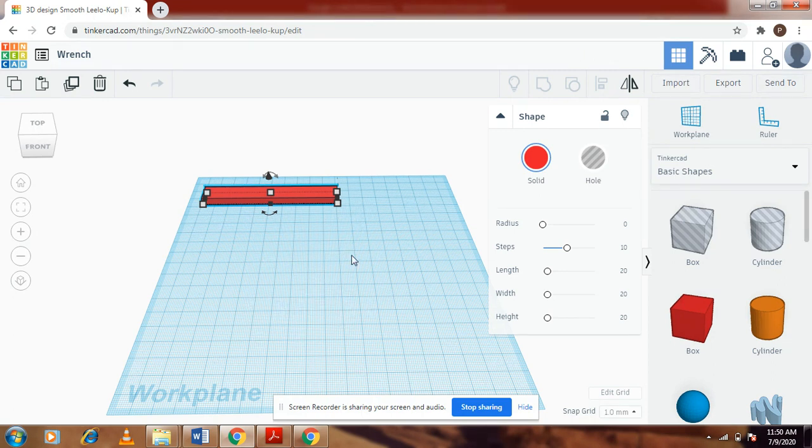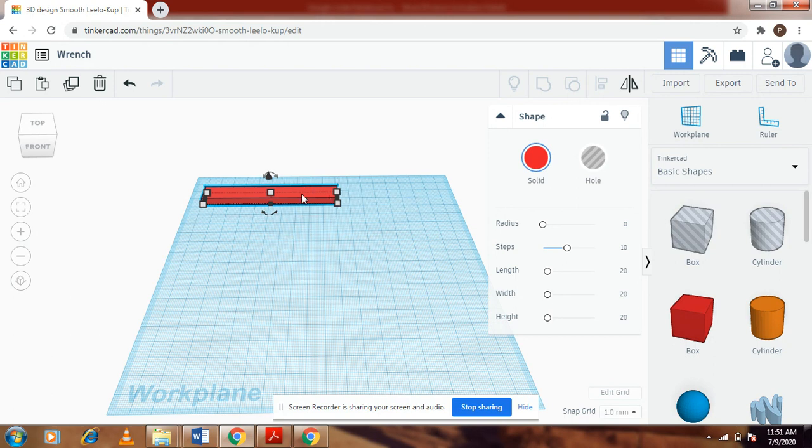For example, this is a simple project, a wrench, so we'll have only three components to make. In case it's a bit more complex than simply three components, and it has a lot of components that are supposed to be made before we can join them together and make one big project, there is always a fear of you accidentally changing the dimensions of one of the components that you've designed.